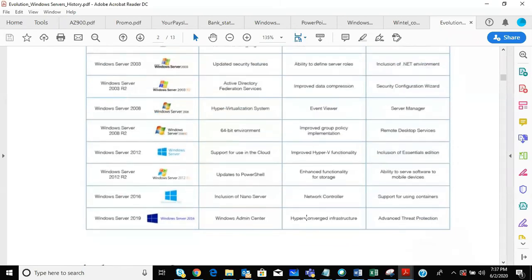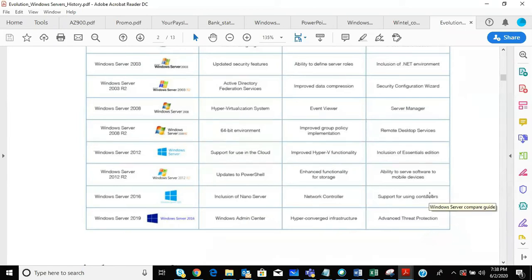This HCI will be discussed later in detail, is it? Yes, but it will be very limited in the Windows scope, because there are a lot of HCI product lines available, right? Nutanix, VxRail, Dell EMC, vBlock, Cisco UCS are not part of this Wintel engineering course. We are going to cover Windows hyperconverged infrastructure, what is available with the Windows operating system underneath. We are going to discuss that, because Nutanix and all those things are different and not part of this course.